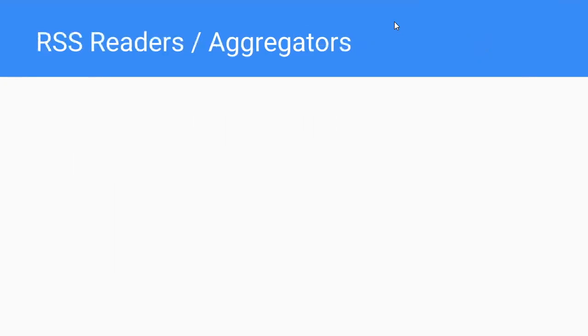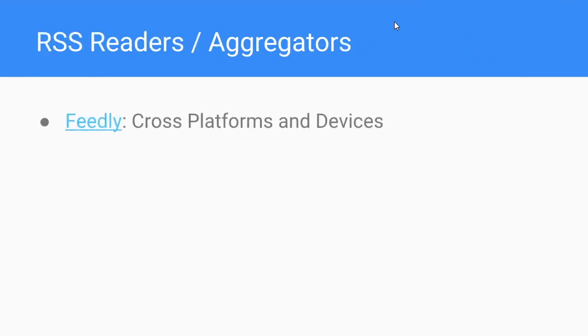To be able to use RSS to bring all this stuff to one place, you do need a reader or an aggregator. And Feedly is the one I think John uses too, right? It's one of the most common ones. You can access Feedly in a browser, so you can use it on a desktop computer. There's also an app for your phone. It's convenient because you can go across all devices and it keeps track of what you've read and what you haven't read, and all the stuff goes together. And I'll log in and show you what that looks like.